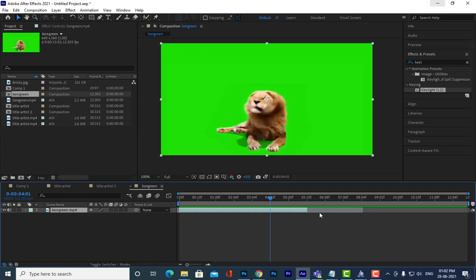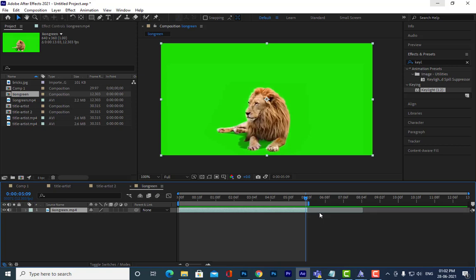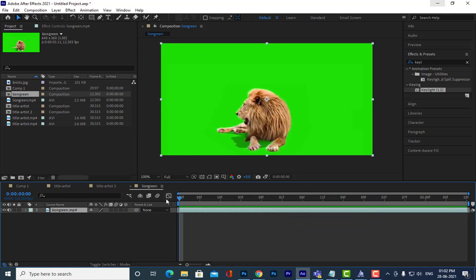Nobody can tell? O. Okay, and N. Okay, and then right click, trim comp to work area. Okay. Right. Next, now we will first remove this one.